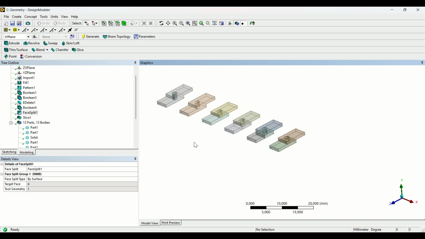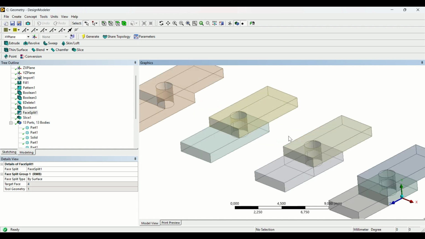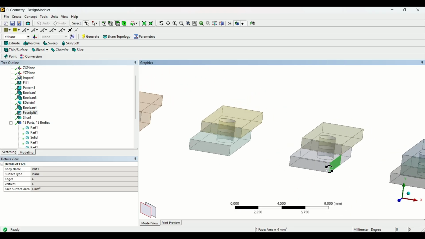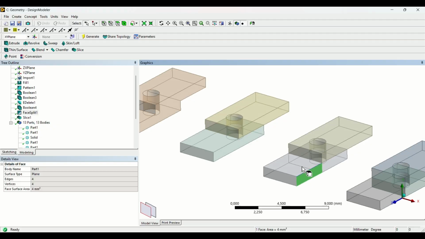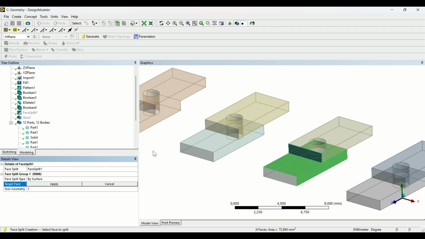For example, comparing these two operations, as you can see here, I just imprinted the faces or separated these faces into two because of the tool body. In this case, I'm going to separate not only this face, but also these two side faces and the bottom and top face. So I just need to select these four. I'm going to edit the selection so it's easier for you to see. The target faces are going to be